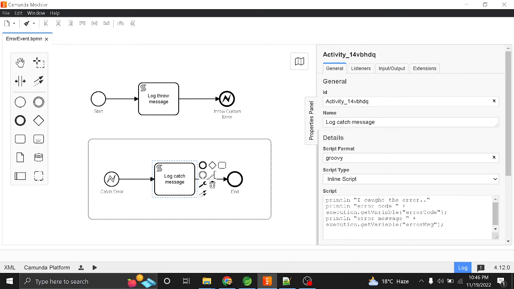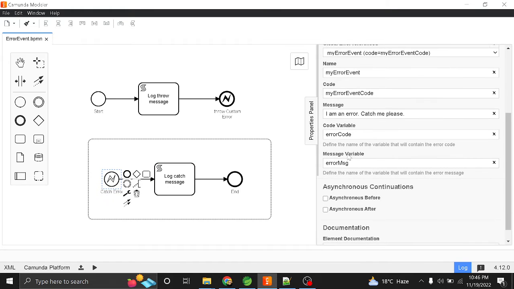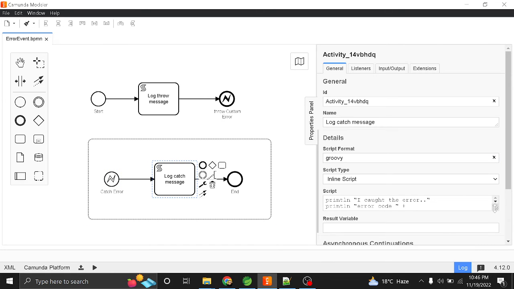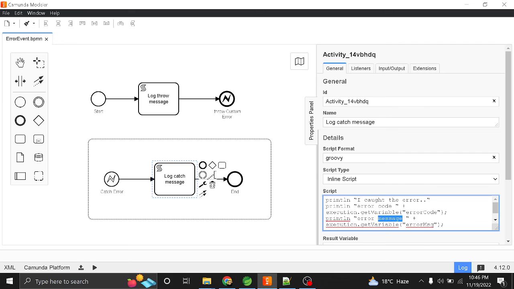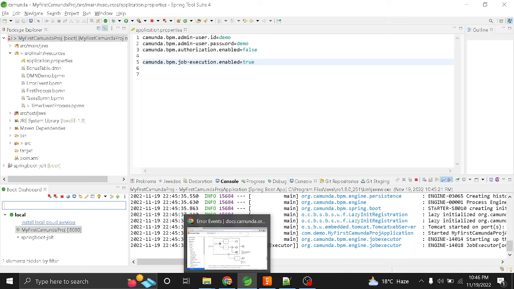We log "I caught the error" and print the error code and error message. We have mapped our error code and error message to these variables, which is why we are accessing them from the execution variable. Our project is started.